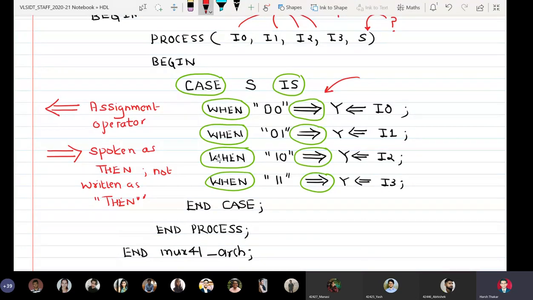Now, one more thing which I observed is that as such this construct is correct, but when I write this construct in Xilinx ISE, it actually reports a warning that one or more of the cases is missing.